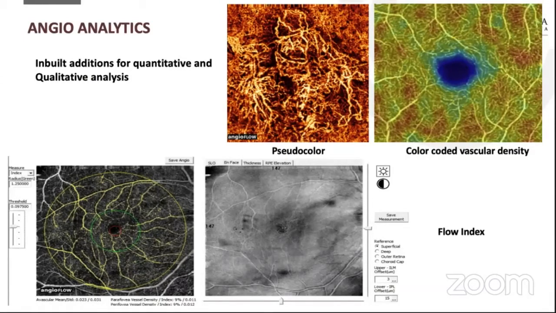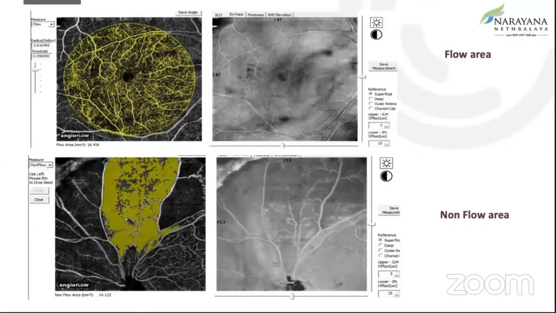So one advantage that I did not really mention in the comparison before is that you have a quantitative and qualitative analysis that can be done on these OCTA images. A lot of these come as inbuilt software. This is the OptoVue one, where you can actually look at the color-coded vascular density, and we also get it as an index, which means you can prognosticate, you can do a follow-up of these patients to see whether there is improvement or worsening of the disease. We are able to map objectively a flow area and a non-flow area. So objectivity is another important advantage, which is difficult in dye-based angiography, where there's a lot of subjective analysis that goes into it. One reader would be very different from another.